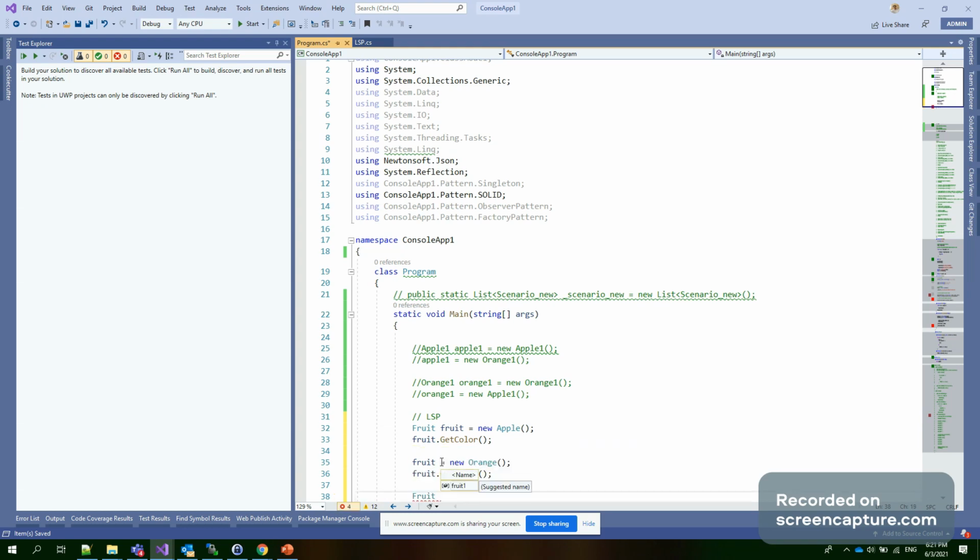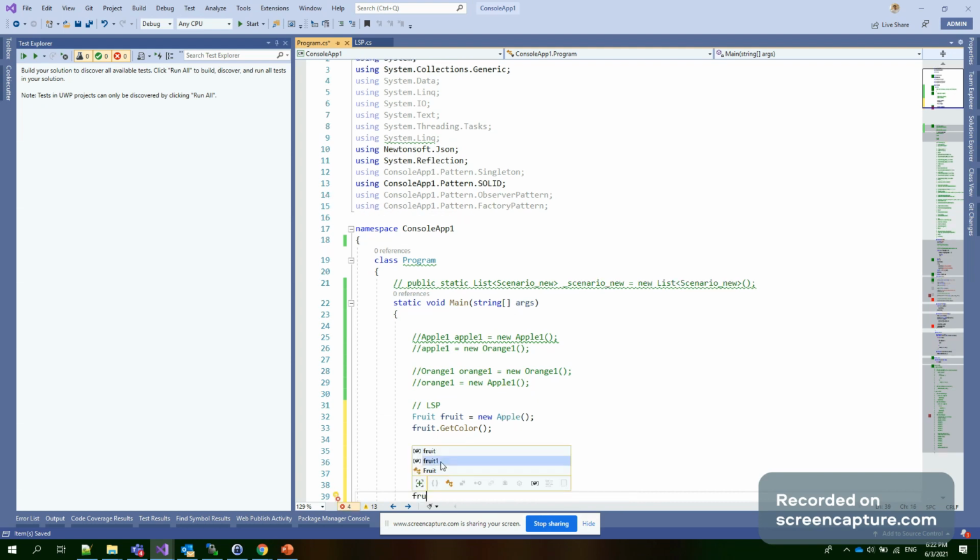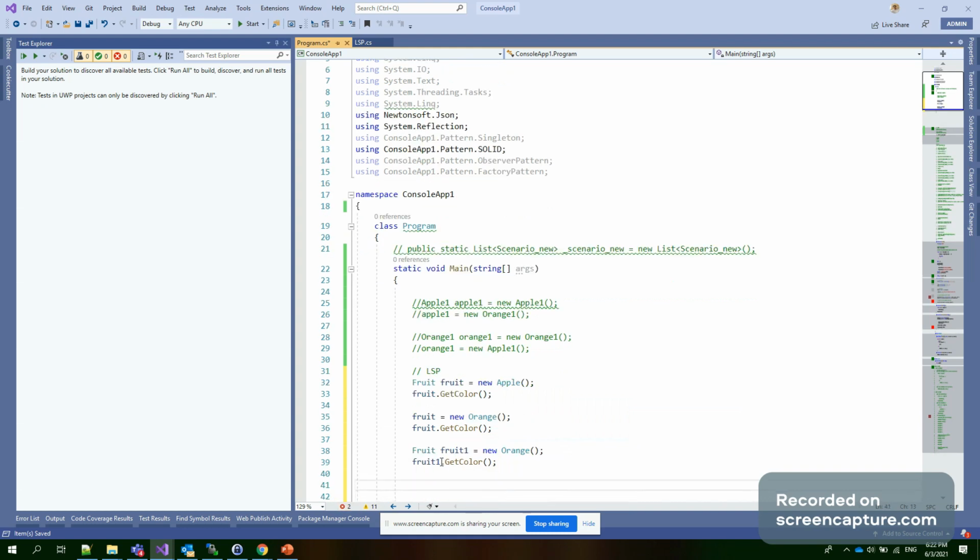Similarly, because we are using Fruit as an abstract class, Fruit1 equal to new Orange, there is no problem, and Fruit1 dot GetColor works. Now Fruit1 equal to new Apple, and again there is no problem with GetColor.